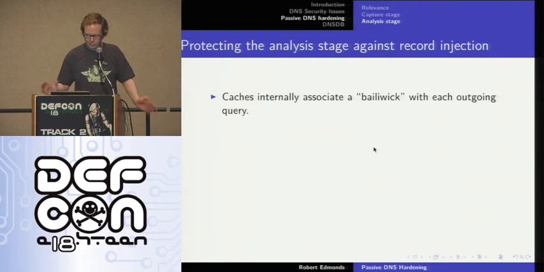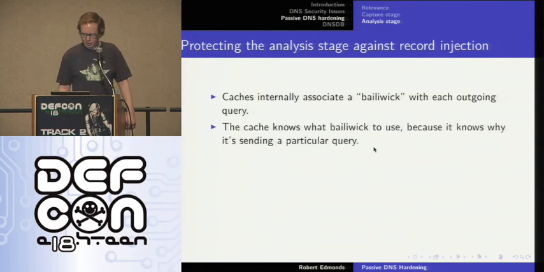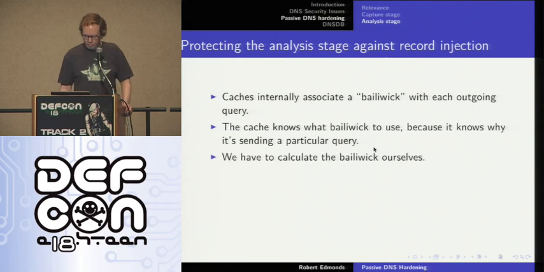So Kashpureff poisoning is pretty much identical between active DNS and passive DNS, and the solution is we're going to keep track of which zone or bailiwick that we expect the answer to be contained in, and we're going to discard any response records that aren't contained in that zone. And of course, nothing in the wire protocol indicates the bailiwick that the cache is expecting. When we're looking at a particular DNS query response pair,